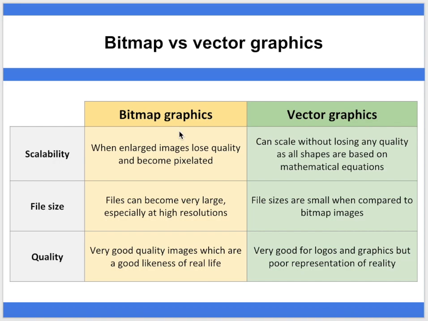Quality-wise, though, bitmap graphics are really good for a good likeness of real life. So, for instance, if we would take a picture on a digital camera, we would want that recorded using a bitmap graphic because every single pixel would be assigned a color. So a photo would generally come off as a bitmap type graphic, whereas vectors are